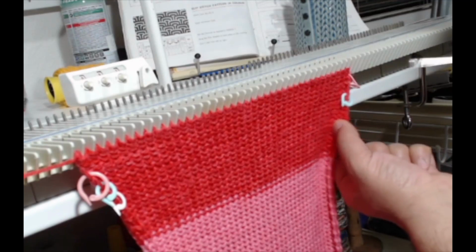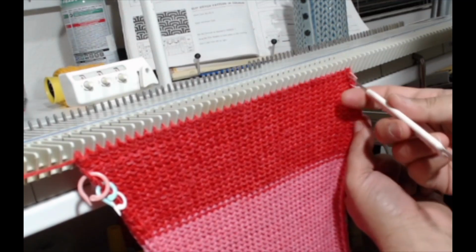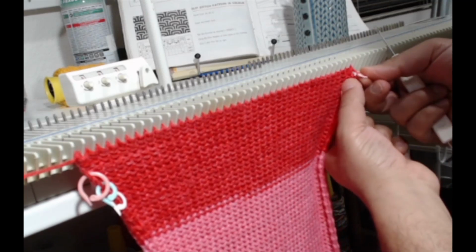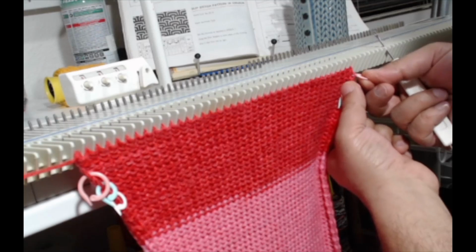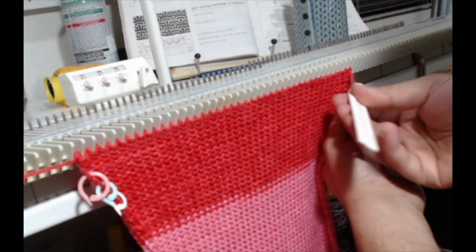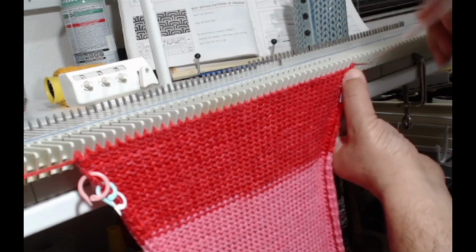Now you go on this side. Since you have already marked that long bar, you don't have to think which one it is, because it gets confusing, at least for the first few rows. So I can see which one it is. So I can just pull out that stitch marker. Again, from the inside of the fabric, I'm going to go up and put it on that very last needle,